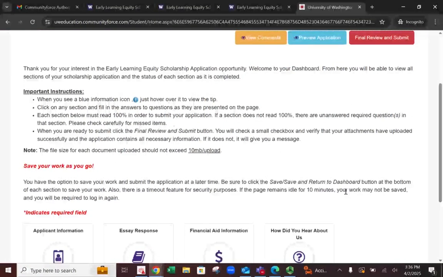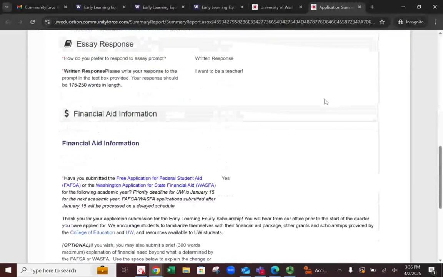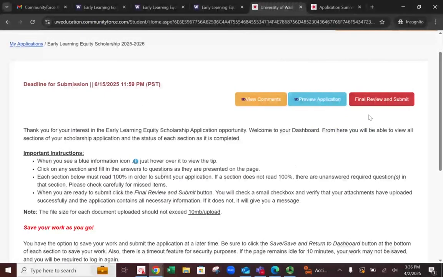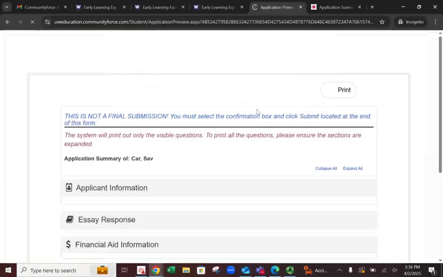You can then preview your application, which is just a general summary of it all. Look through it. You can also print it if you want to access it later. But if you want to finally submit it, you can click Final Review and Submit, and you'll have to give it a look over to review.